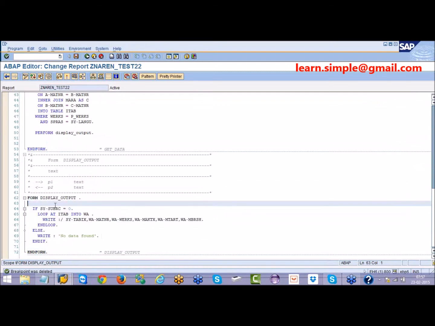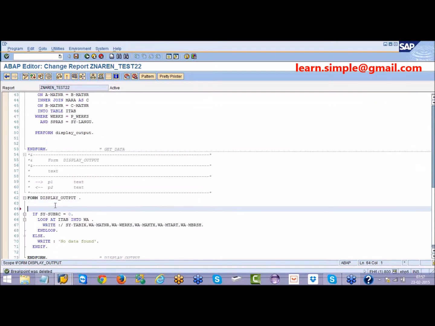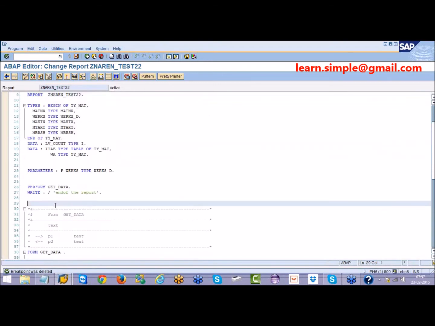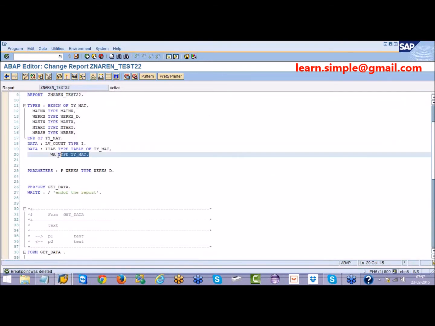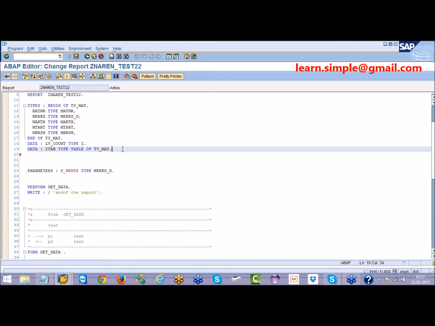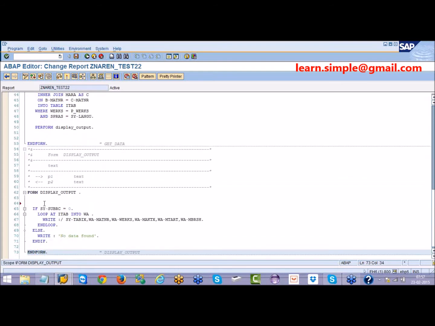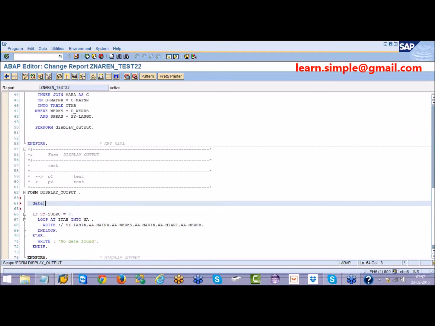For example, I will declare a work area here. Instead of declaring a work area on the top, see here I have declared a work area, right? So instead of declaring this work area here, I will declare the work area inside this subroutine. Data work area type TYMAT.